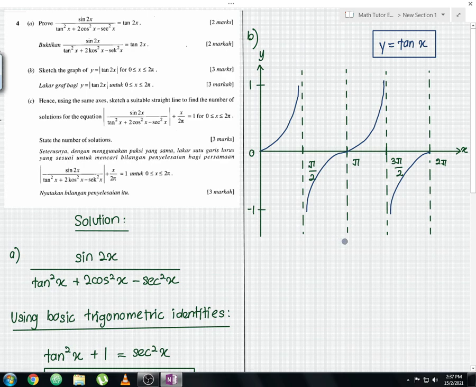It is not, guys. This is just a basic sketch of a tangent graph, without any frequency or movement of the graph. So why am I doing this? I'm going to show you step by step working on how we're going to get from this basic tangent graph into the modulus tangent 2x graph. So this is your basic tangent graph, which consists of no magnitude and no movement of the graph in terms of the y-intercept.